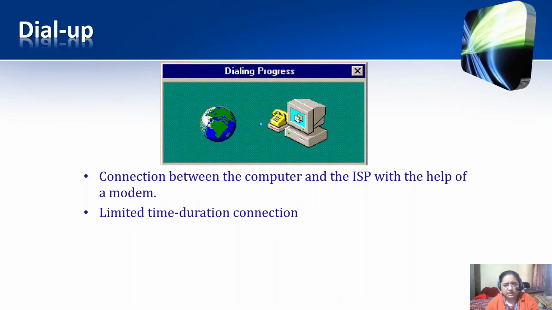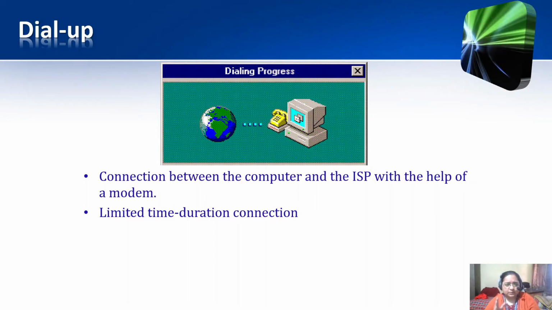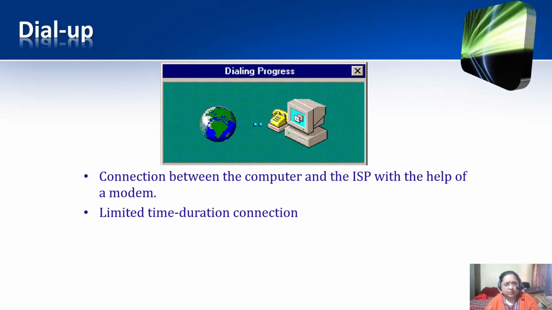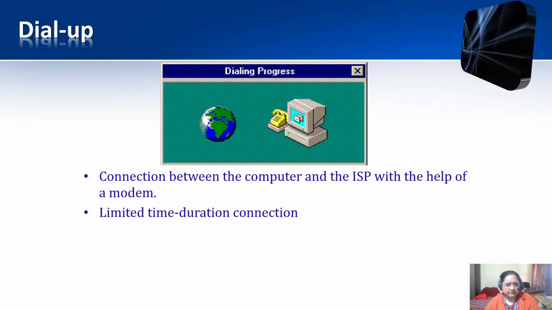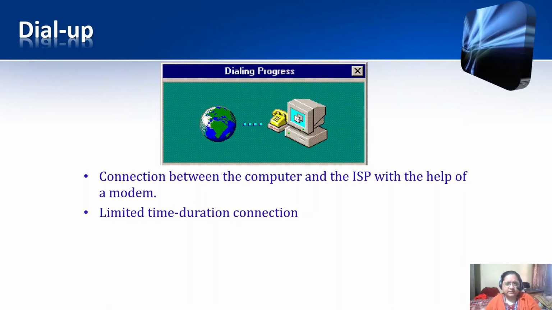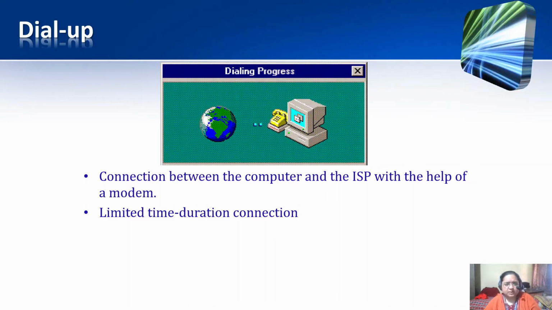This was the condition around 10 to 15 years ago. Most people used to log on to the internet only during the office hours, that is from morning 8 a.m. to evening 6 p.m. That was the time when most offices, colleges, universities, schools were open, and mostly internet use was basically limited to domestic uses, for sending emails and for browsing the internet.